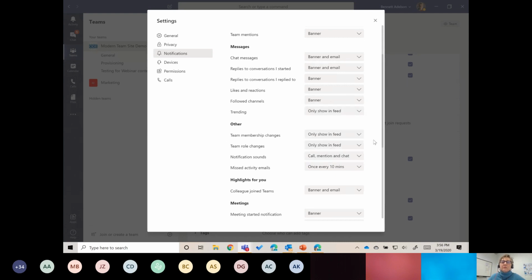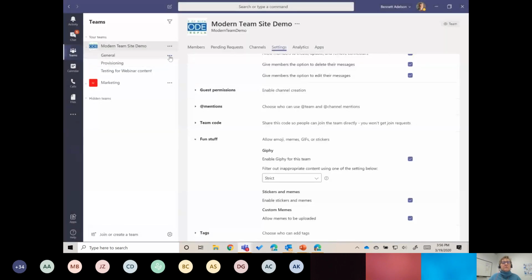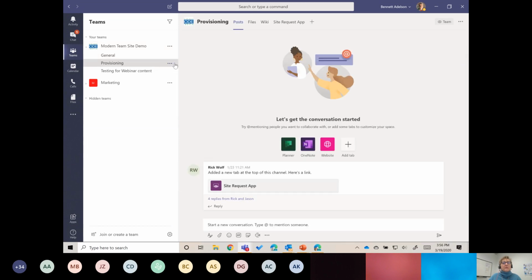So that's really important, especially when teams are new. You want to stay engaged and you don't want to lose touch, but it might start driving you crazy. So there are some ideas for setting your notifications so that they don't drive you crazy.